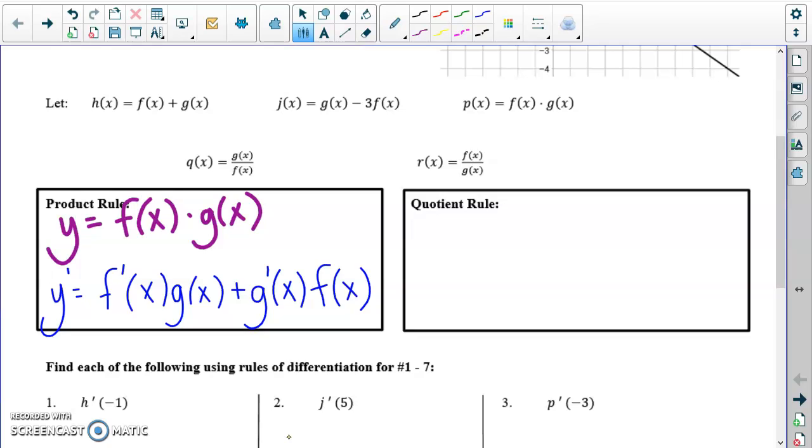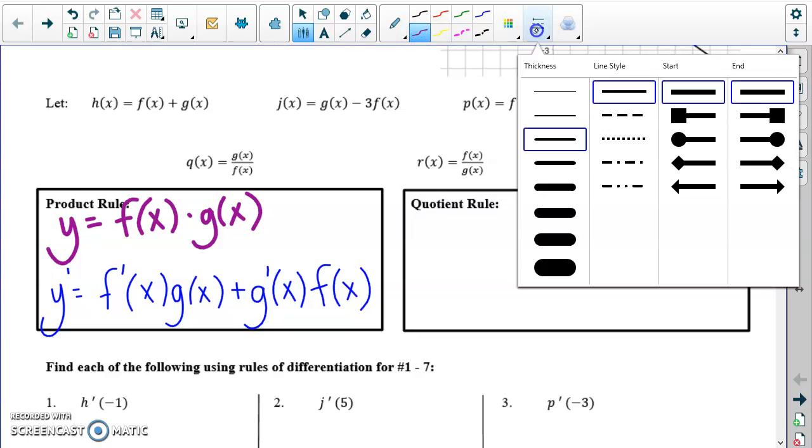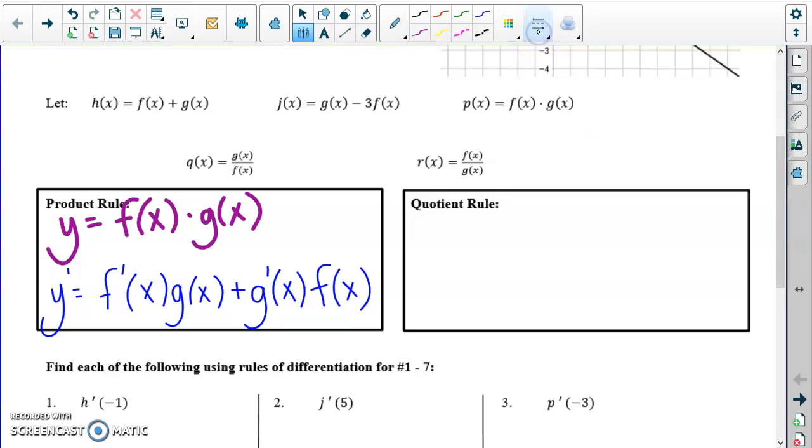And in the product rule, it really doesn't matter which function comes first in terms of which one I take the derivative of first times the second function, because multiplication and addition can happen in any order. However, the quotient rule is different. For the quotient rule, again, if I have y equals f of x divided by g of x, we do not want g of x to equal 0. It does matter